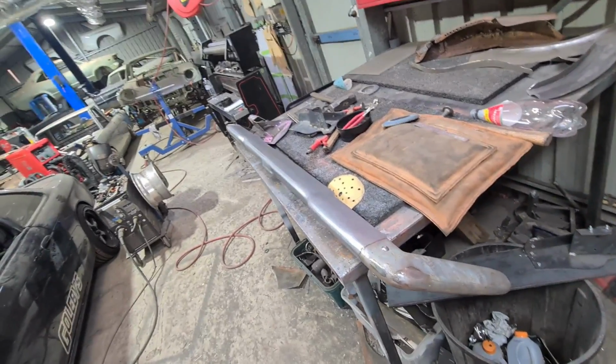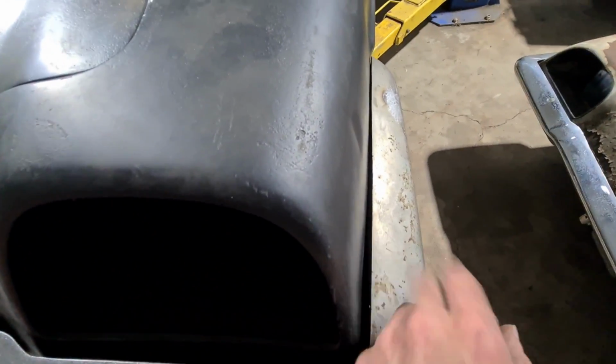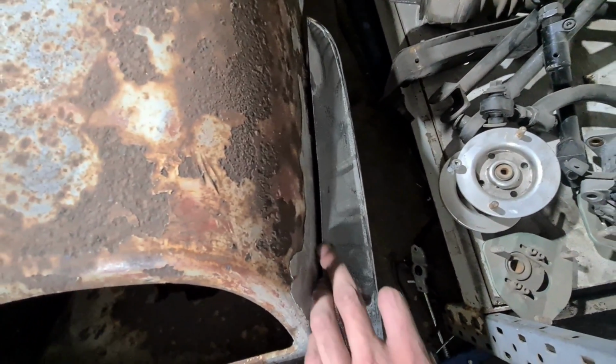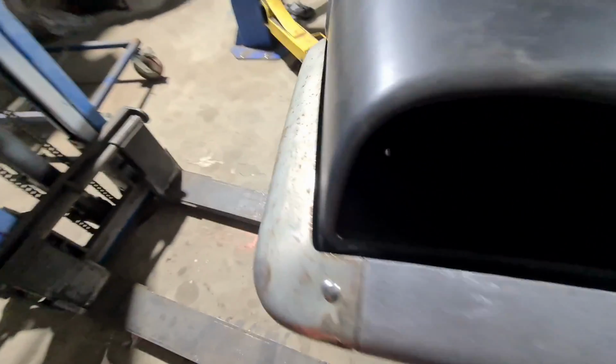Heading to the paint shop tomorrow. Have the bar bolted back on, and as you can see it's very tight up the front where it bolts on about here. So I'm going to ask the panel shop what they want me to do, if they'd rather have it trimmed down on the bar or just run a spacer behind, because the gap is pretty tight factory, but I think it's just a bit too tight for my liking, especially if the paint's going to be nice. You don't want to be digging in the corner there,